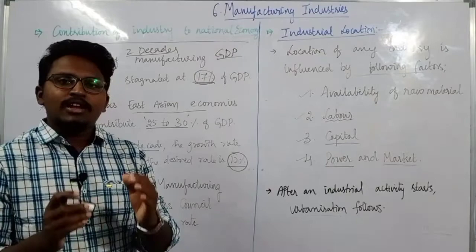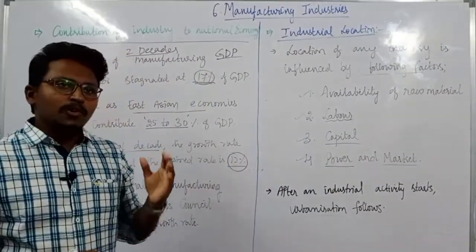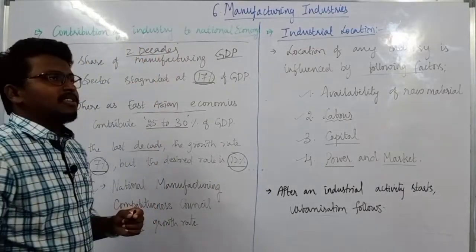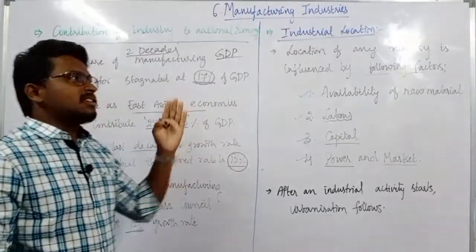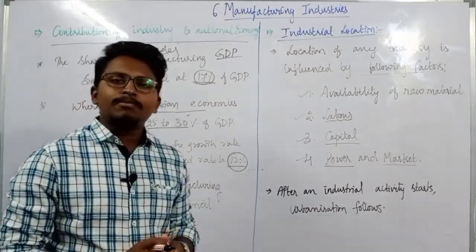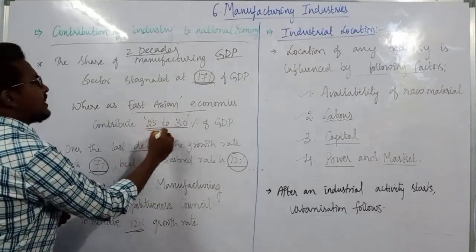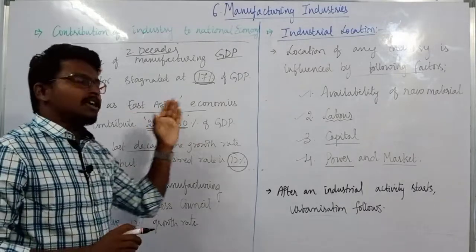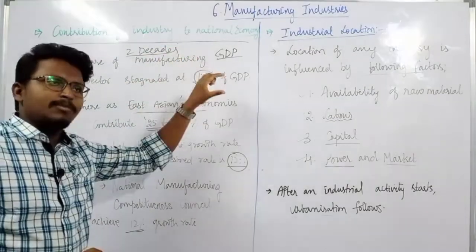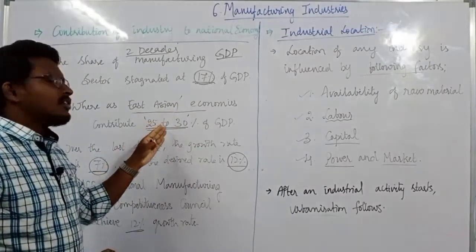And you all know very well what GDP is and how it is calculated: gross domestic product. So when it comes to the manufacturing industries, over the past 2 decades, that means the last 20 years, the share of the GDP from the manufacturing industries is only 17%. And if we compare with other countries, they are contributing somewhere around 25 to 30% of their GDP. So India is contributing only 17% of the GDP, but the East Asian economies are contributing 25 to 30%